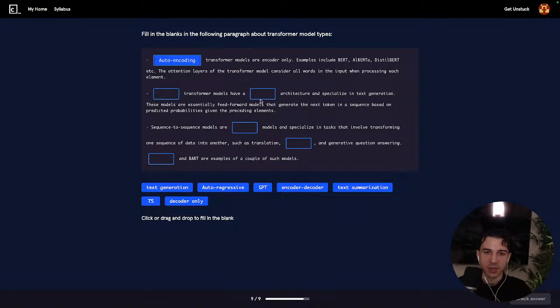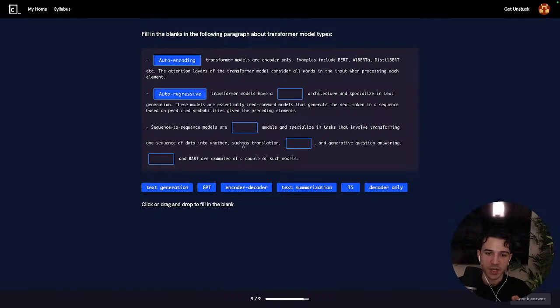So autoregressive transformer models have a decoder-only architecture and specialize in text generation. These models are essentially feed-forward models that generate the next token in a sequence based on predicted probabilities given the